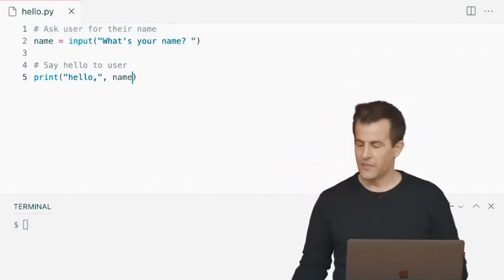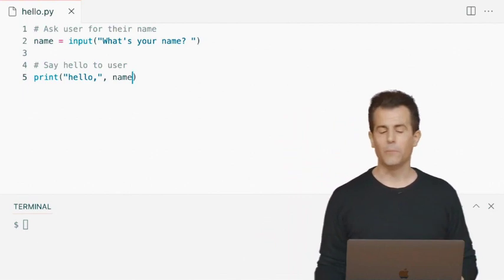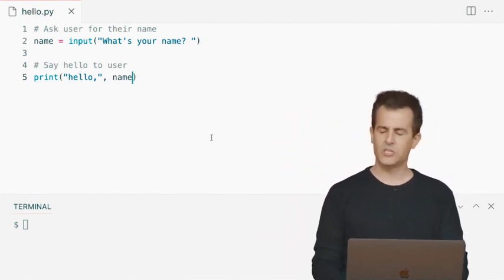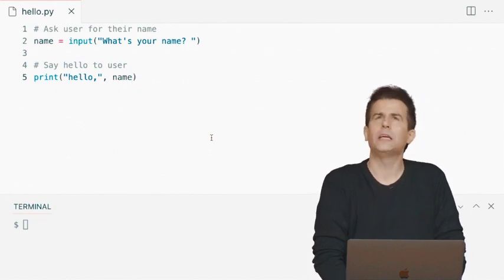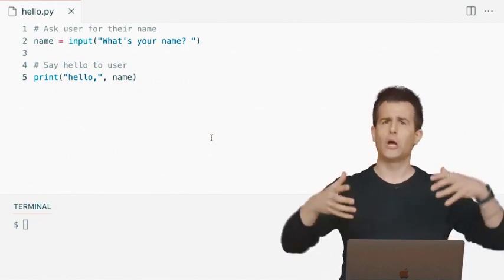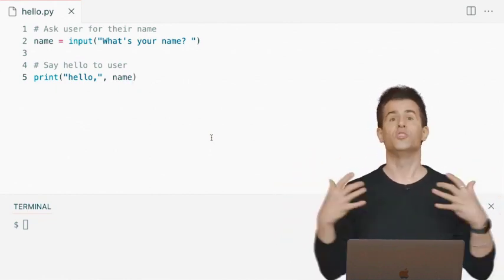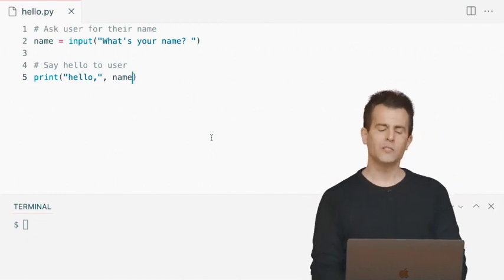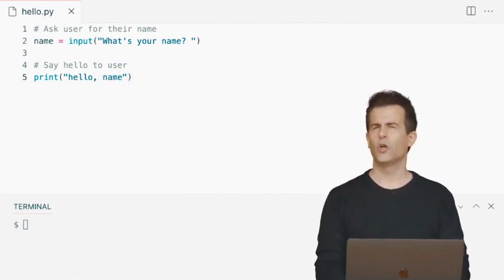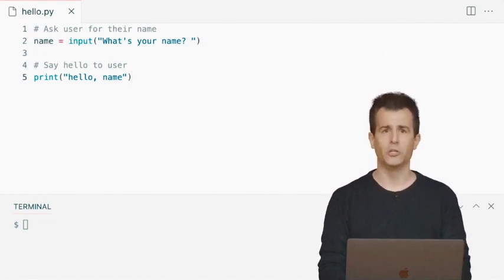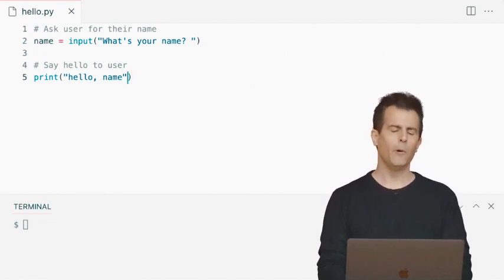Well, it turns out that we have yet another way we can solve this problem, which is perhaps the most frequently done now, or at least the most elegant when it comes to setting us up for longer and longer uses of strings. You can use a relatively new feature of Python that allows you to do this. You can literally put not the name of the variable like that in your string, because we already saw this is wrong, right? If you do this, you will literally see hello, comma, name. But what if I do this?